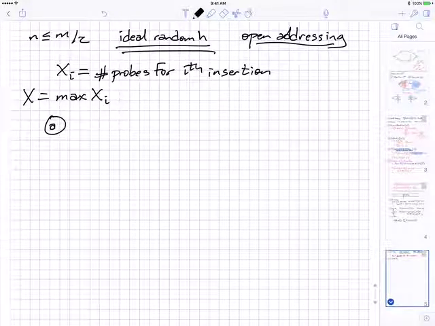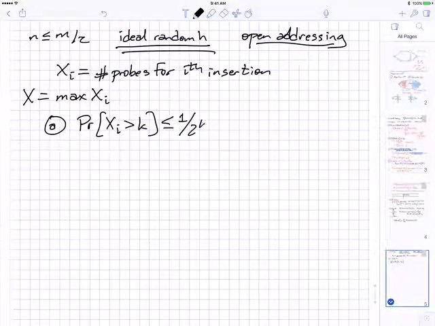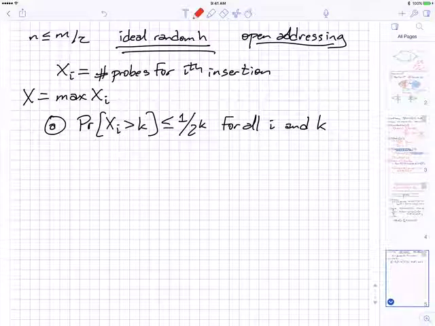So part A says prove that the probability that x sub i is greater than k is at most 1 over 2 to the k for all i and k. Okay. The probability of getting a long probe sequence given this ideal randomness assumption should decay exponentially with the length. And the key is